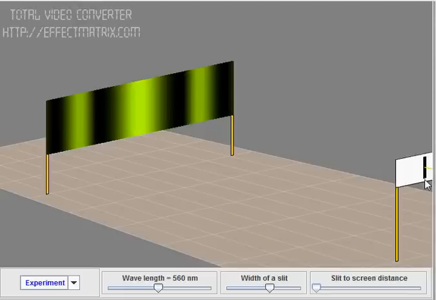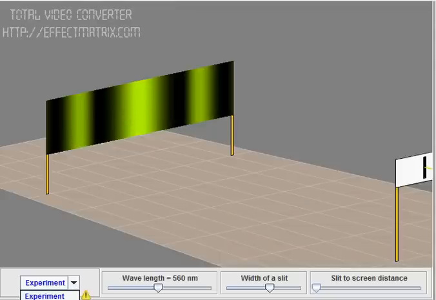Now when we want to show the diffraction, how many things are related to it? First is the screen, right? This is your central maxima. What you are finding is that the central maxima is brighter than the side maximas. It means in diffraction the intensity of the maximum is not constant.